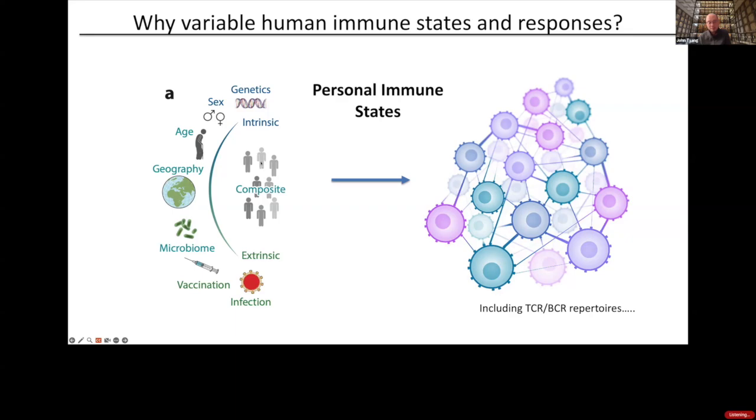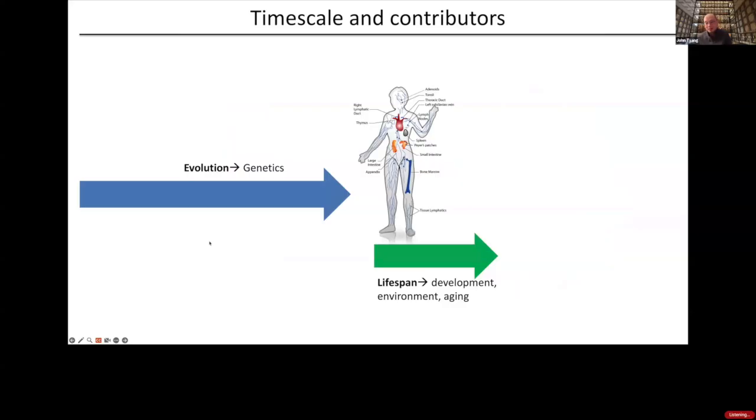There are also more complicated composite variables. For example, age. It's a complex composite variable because it reflects many different combinations of things, right? There's developmental progression and aging, but there's also cumulative exposure to the environment. All of those things are reflected in age associations. And there are two major timescales that contribute to these personal immune states. One is over long evolutionary timescales that shape genetics. For example, HLA genes and SNPs around many of these genes can shape their expression states in immune cells